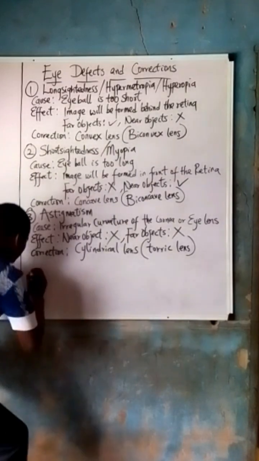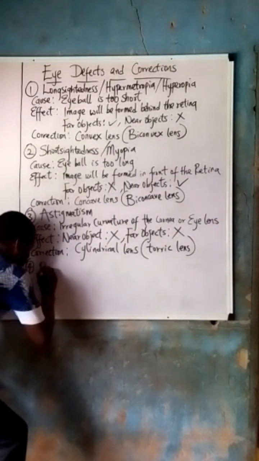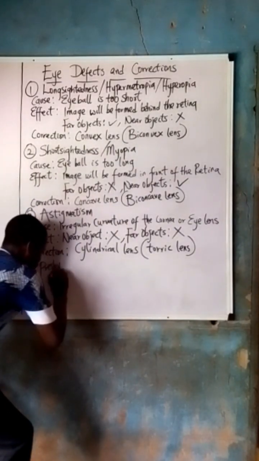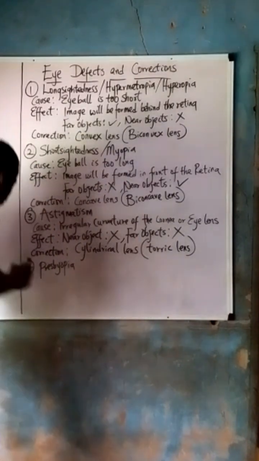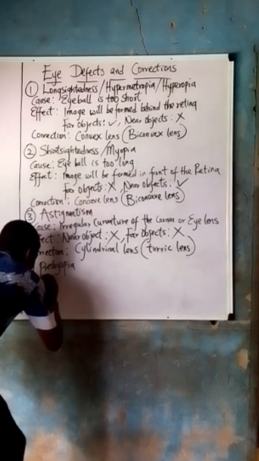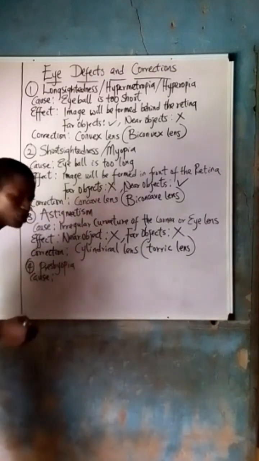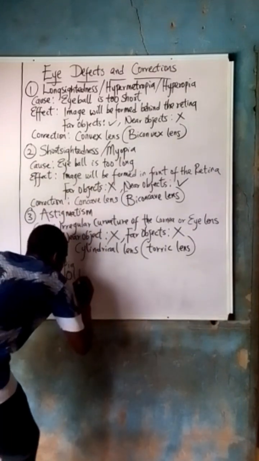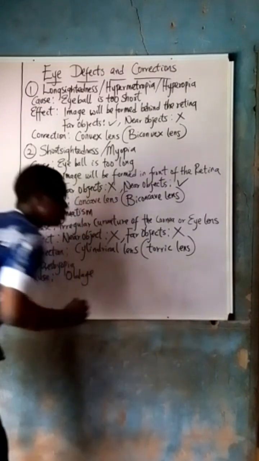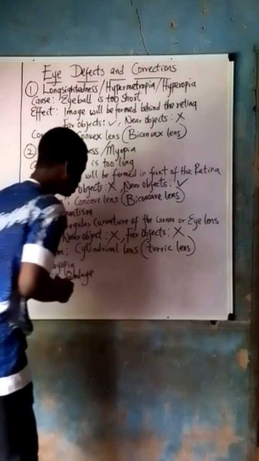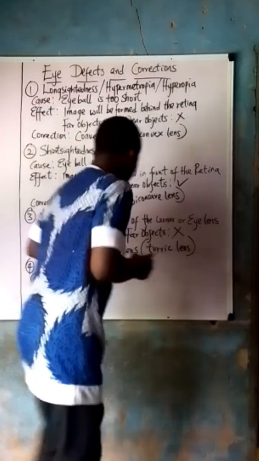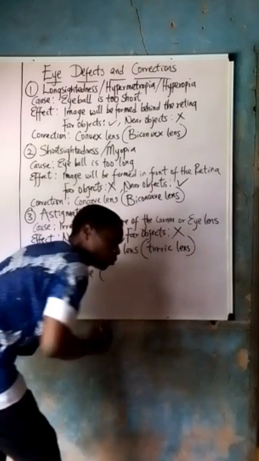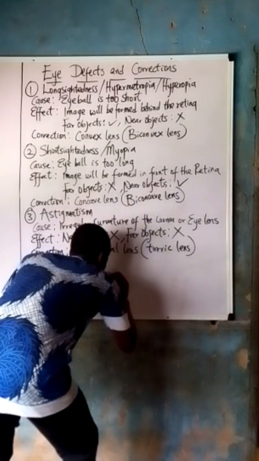Now we go to the last one, which is called presbyopia. Presbyopia. Okay, that's what we shall be looking at lastly. Now, what is the cause? The main cause of this is simply old age. Now, what happens when somebody starts getting old? First thing first, the ciliary muscle will weaken. So it is due to weakened